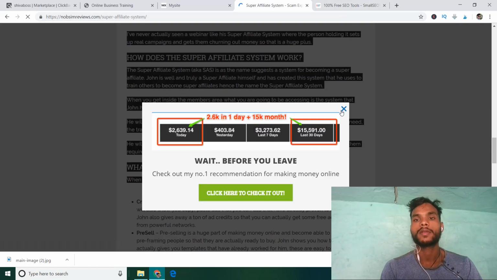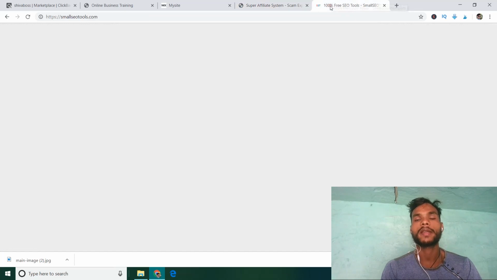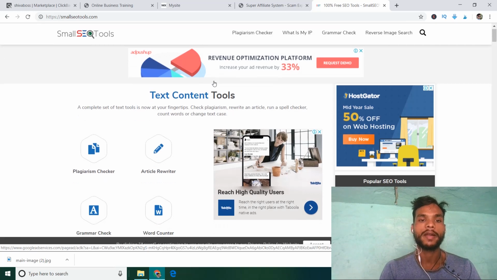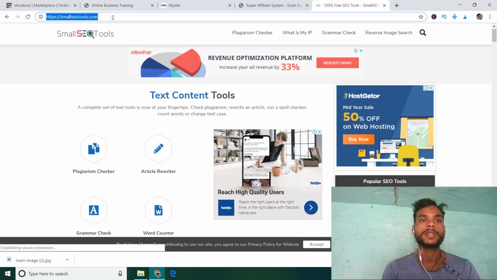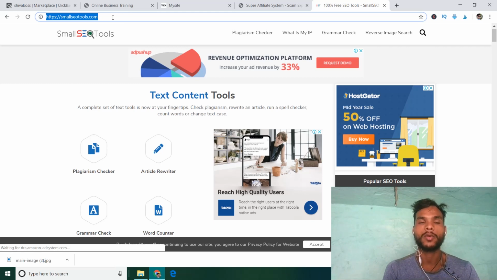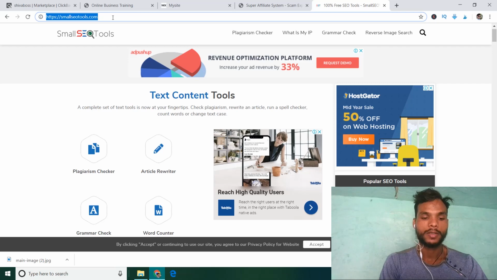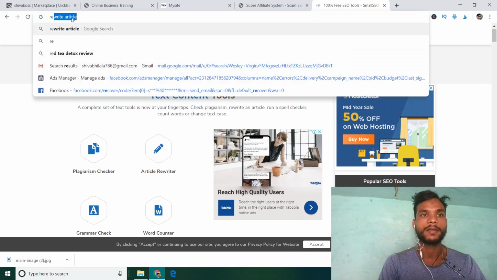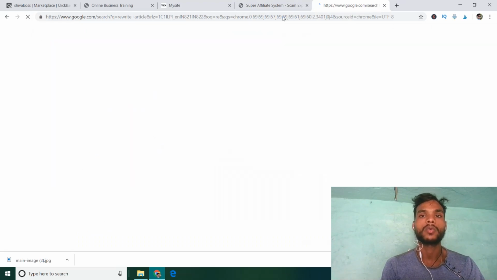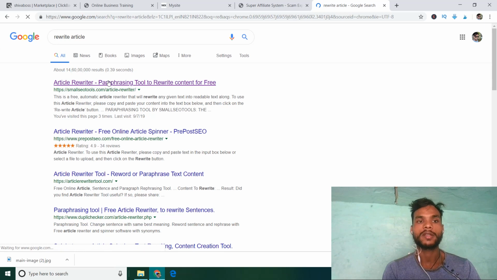and if you can rewrite this article, it is good. But if you cannot rewrite the article, there are tools available. You can use these tools for free. It's a site called smallseotools.com. If you search on Google for rewrite article, this site is available on Google's first page. So you can just click on that,